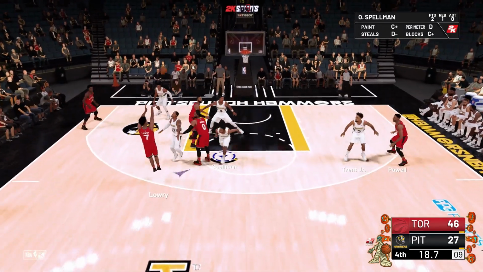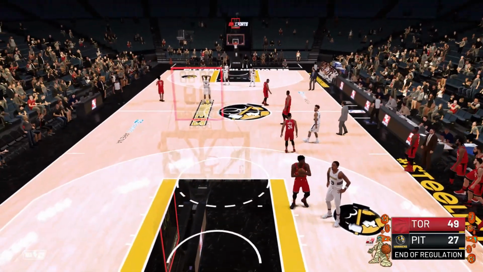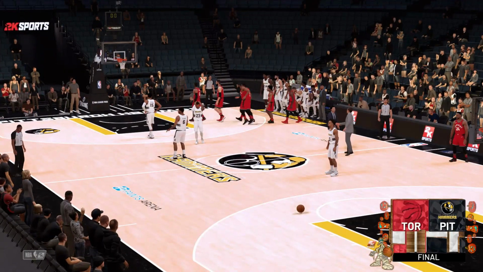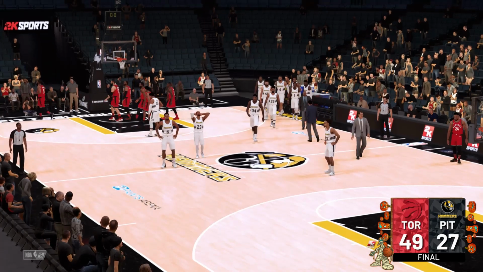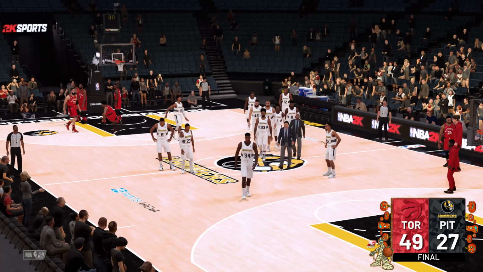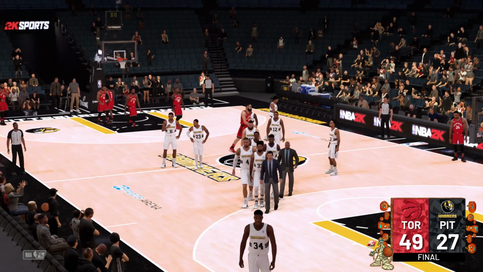Pass to Lowry. Puts up a 3. Connects from 3-point range. Using his size to crowd the shooter. And so Toronto takes this one, but by a big margin. This crowd was stunned by the manner in which their team was dismantled. You know what? Shocking. I don't care what the matchup is. You never expect a road team to come in and just cruise to the kind of win they did tonight. And that'll wrap it up,